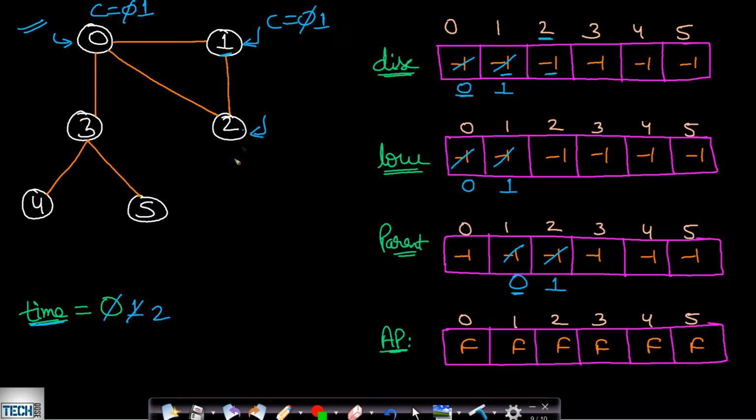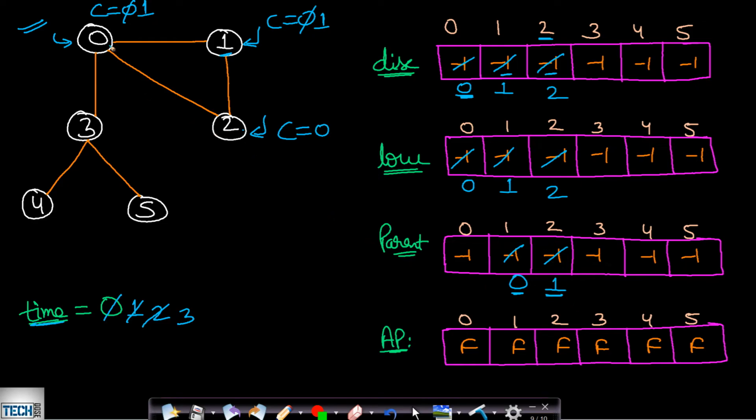Now when we are at 2, the timer value is 2, so we will update the discovery time as well as the low time, and again update the timer value to 3. Now for this 2, I will assign the child count equal to 0. Now from 2, there are 2 outgoing edges, so let us first go to this 0. This 0 is already explored, because the discovery value is not -1, and this 0 is not the parent of 2, because the parent of 2 is 1.